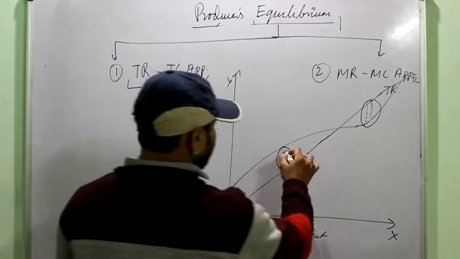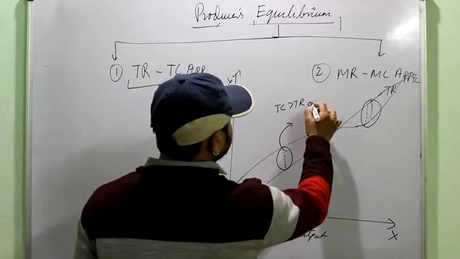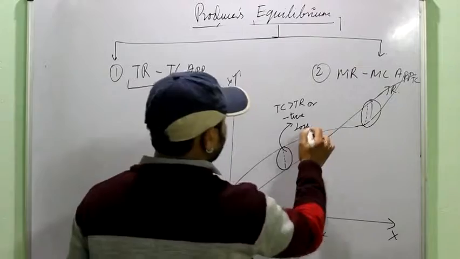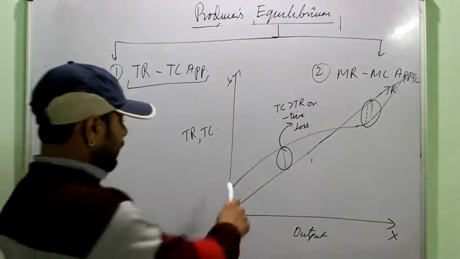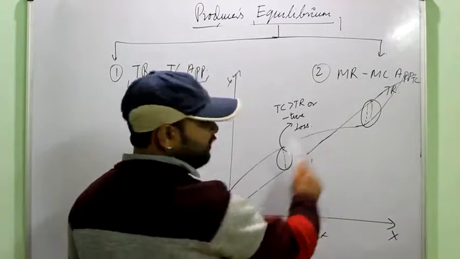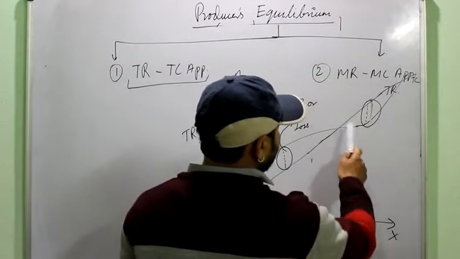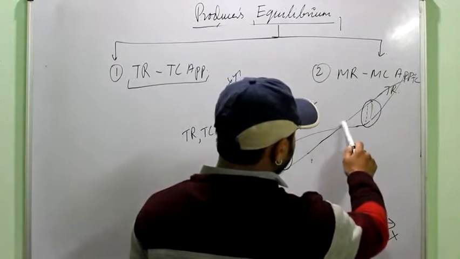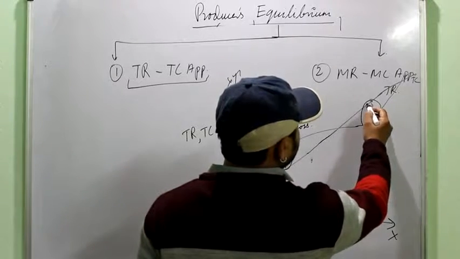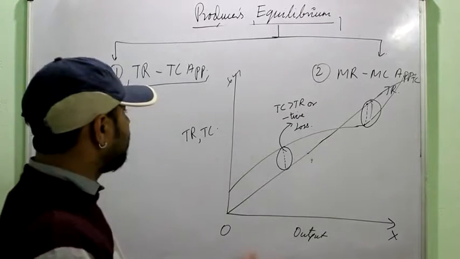But at this point TC is more than TR, or you can say this is a negative difference, or you can say it is a situation of loss. Actually, if you look at the graph, starting from this point up till this point, there is a loss for the producer. His cost is more than the revenue. This is his break-even point where TR is equal to TC, and this is the point from where his profit starts. So it means the maximum profit will be where there is the maximum difference between TR and TC, and TR should be more than TC.